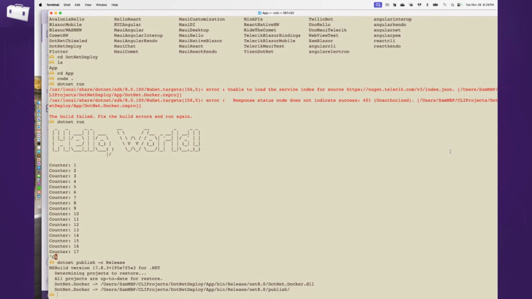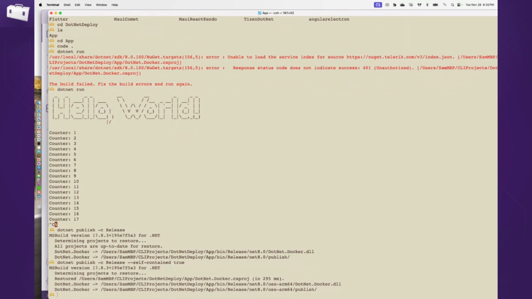Now, the other thing you could do is, if I go into a .NET publish, but I say, let's do self-contained, because I am not sure if the person that's going to run my app has .NET or not. So let's set self-contained to true. At this point, it's going to say, okay, you are asking me to build and restore, but I'm going to do things a little differently.